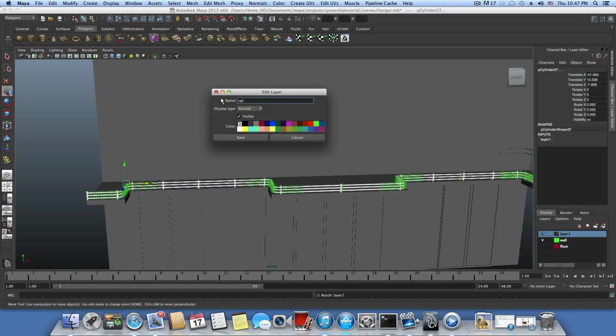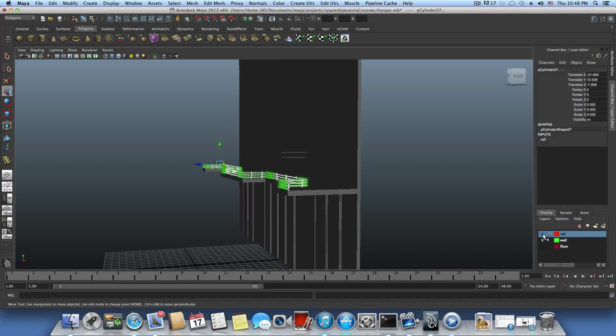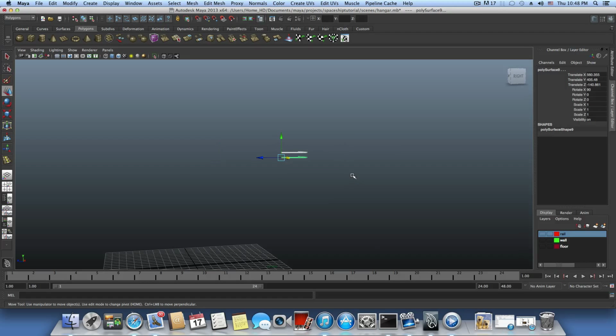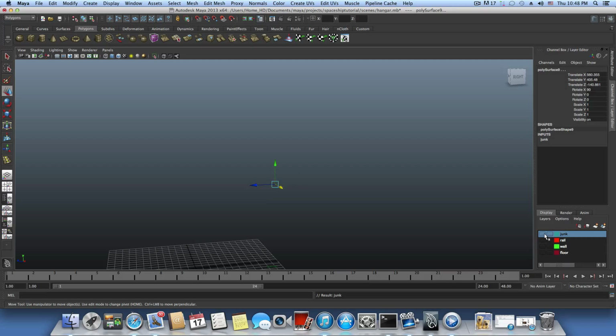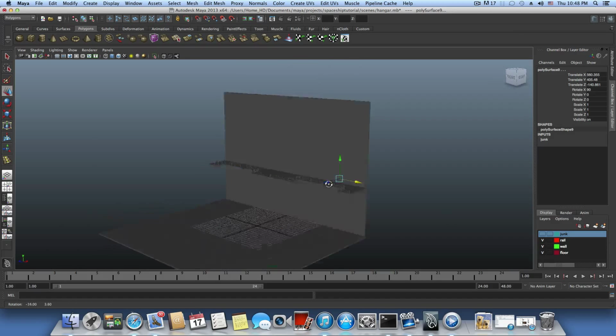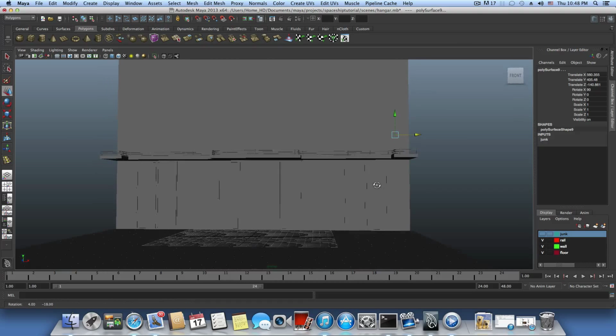Okay, so now we have the rails in separated layers, the wall and the floor, and those two add a junk layer. Okay, create a layer, call it junk. Okay, and give it some nice color. These junk are important, and hide them. So that way we have all those, but the junk layer is for any future use if you will need it. Keep that there, and that's pretty much it for this part,